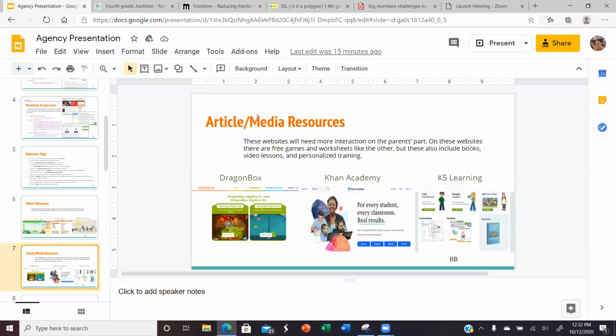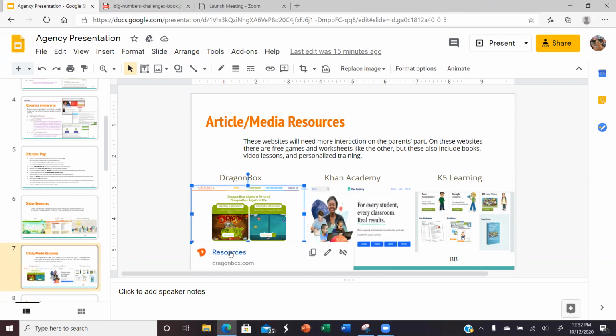Next, we have the article and media resources. These websites will need more interactions on the parents' part, but the children are still able to do this. On these websites, there are free games and worksheets like the others, but these will also include books, video lessons, and personalized training. So if we click on Dragon Box,